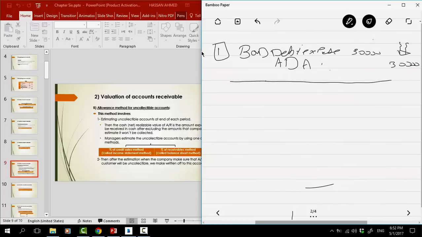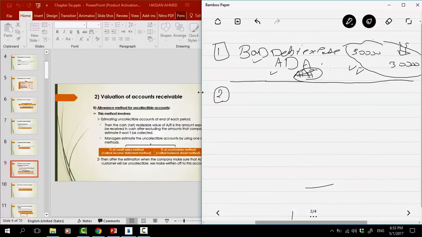This is the estimation, the amount of the profits that will be retained to meet a future loss. I'm sorry. This entry will be bad debt expense and allowance for doubtful accounts. For sure I couldn't write accounts receivable. Why? Because it's still an estimation. Okay, I will discuss later on how we determine or calculate the $30,000. But first of all,